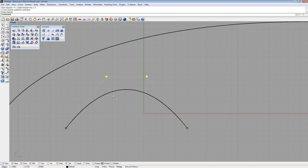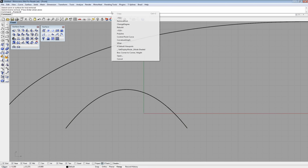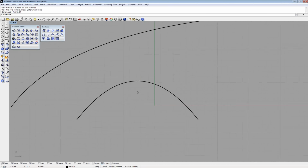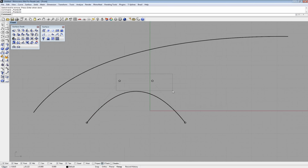Now we can check how many spans this curve has with one of 2 commands in Rhino, either remove knot or insert knot. I like remove knot, and select the curve. And you'll see that there's only 2 knots. Let me turn off the control points here, make this a little bit more obvious. So there's only 2 knots at the beginning and end, which indicates there's a single span in this curve. If we had another knot in here, we could remove it. But if you follow that degree and control point technique that I mentioned, you'll be working with a single span